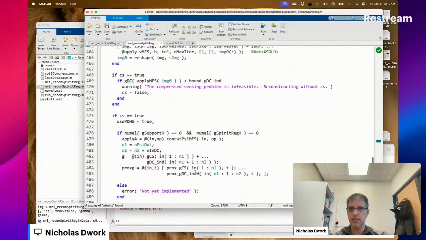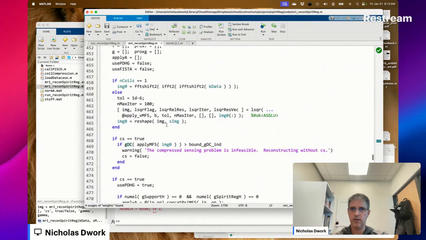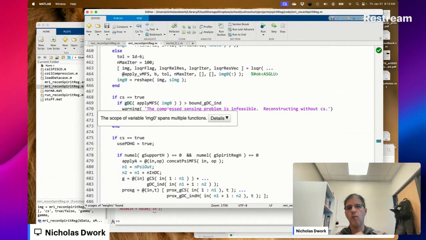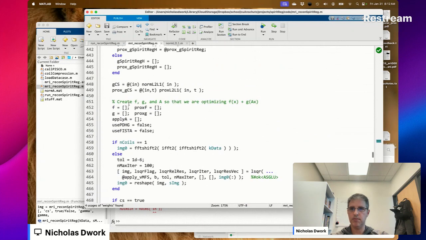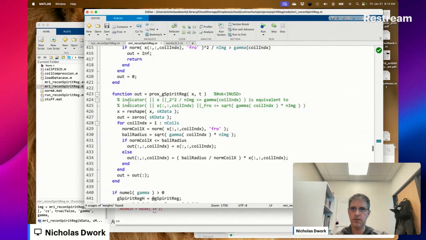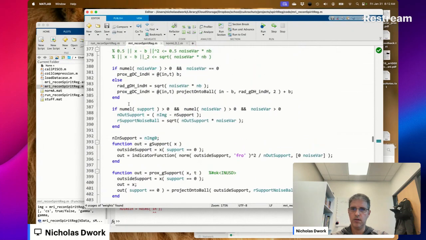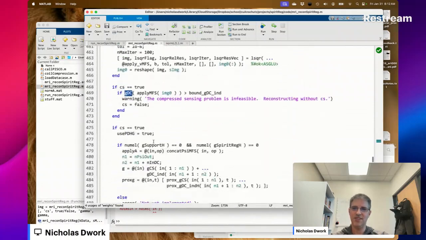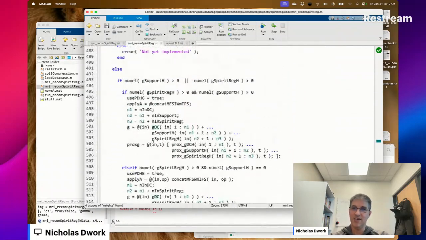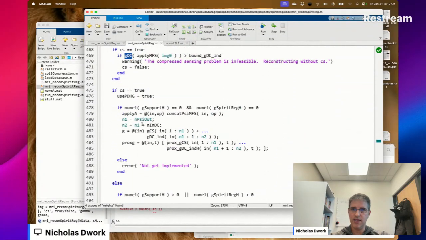So if we're using compressed sensing, at this point we already have GDC, so where did that come from? Oh, right. Okay. Pretty tough. Okay.